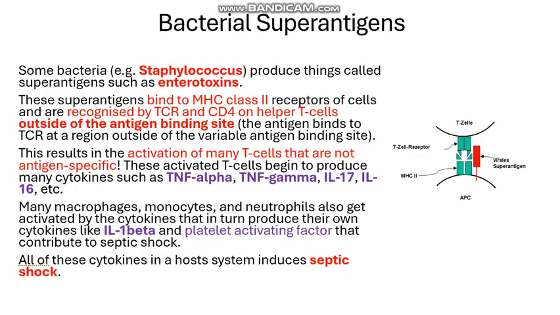So finishing off quickly, we'll go over fungi next time. Some bacteria, like Staphylococcus, are capable of producing things called superantigens, like enterotoxins, which basically bind to the MHC class 1 of antigen-presenting cells, and they're recognized by the T cell receptor on helper T cells outside of the antigen binding site, which results in activation of antigen non-specific T cells, which induce other inflammatory responses by secreting cytokines like TNF alpha, TNF gamma, interleukin 17, interleukin 16. We'll go over it